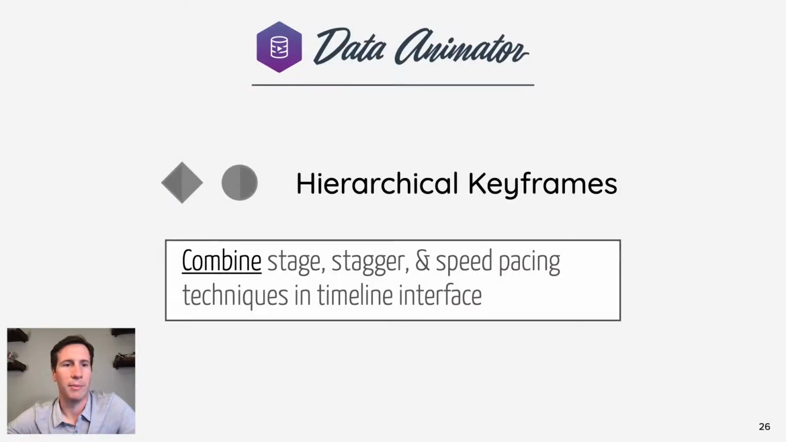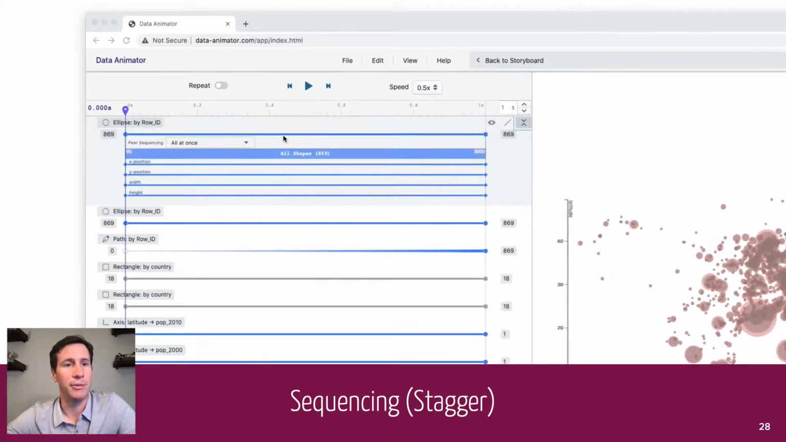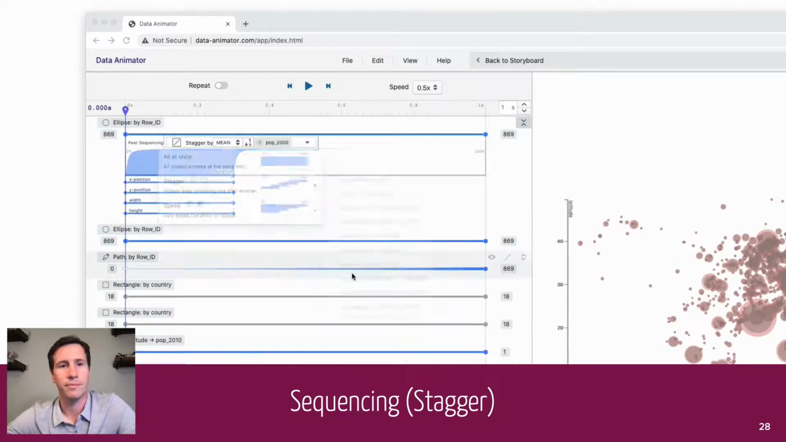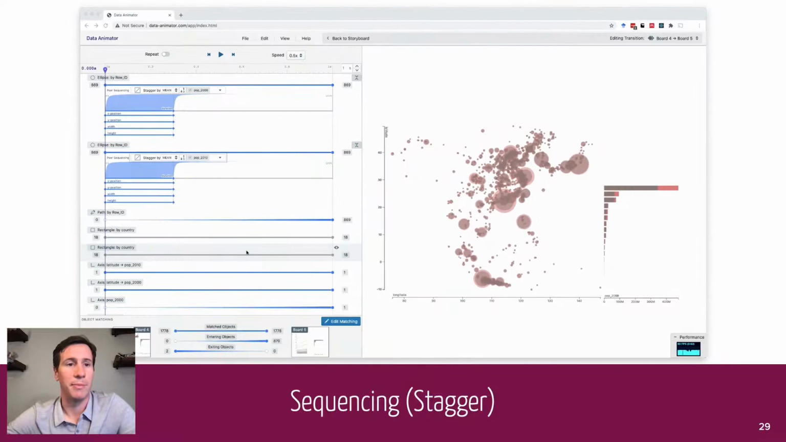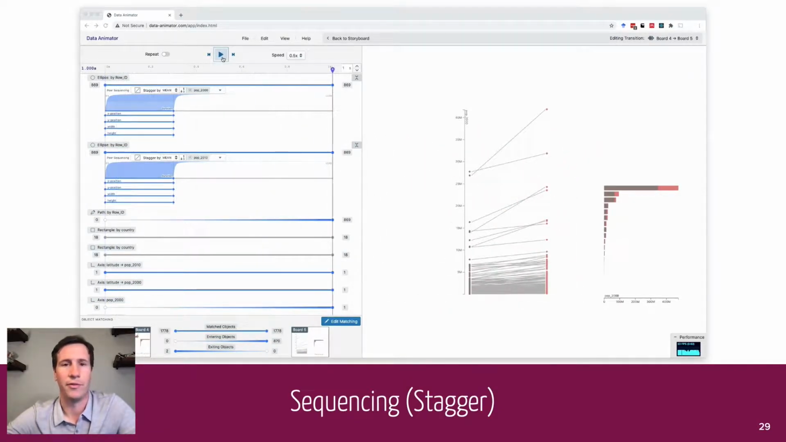Hierarchical keyframing combines pacing techniques such as staging and staggering in a familiar timeline interface. In the timeline editor, we expand this set of ellipses, and we set the sequencing to be staggered by the population quantity. And when we play this back, the animating ellipses start times are staggered by population, or the eventual Y position